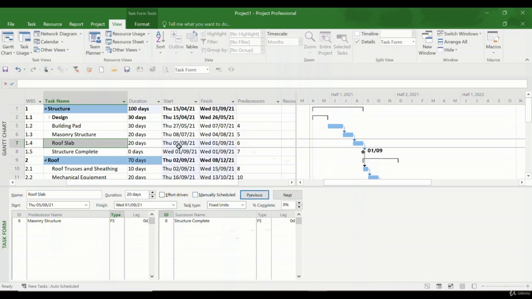And successor activity is the activity which is after the activity that you are on right now. So for example, structure complete is the successor to roof slab. One more concept for you to get familiar with is the lag and the lead. So let's say I put 10 days here and I press OK,